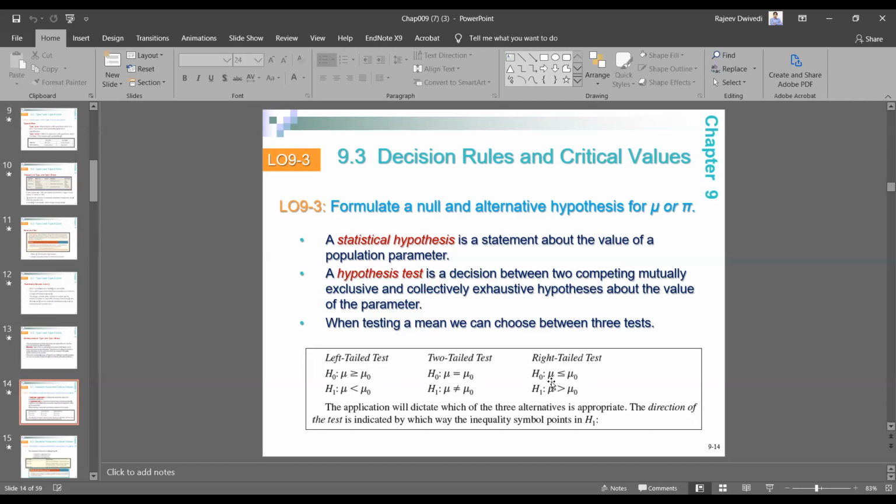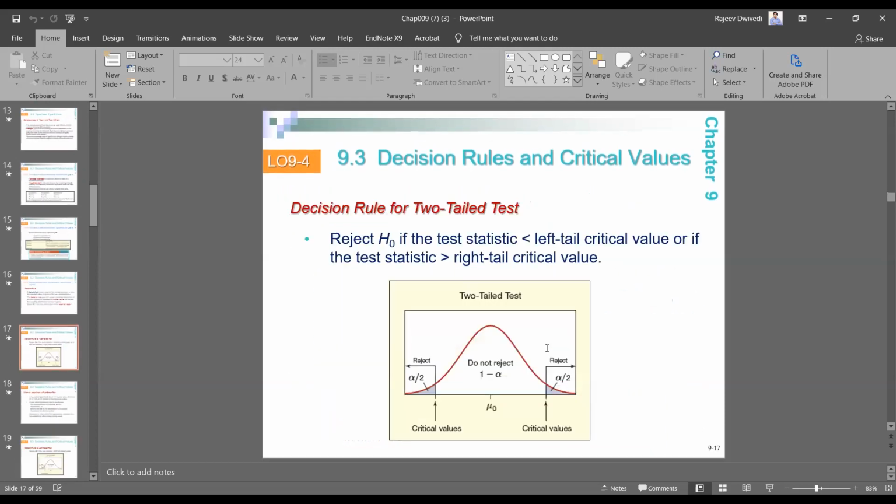And how do we apply? We are going to look into this. So here, this is a two-tailed test, for example. Let's say you are talking about a 90% confidence interval or 10% significance level. So what happened in this case? 5% is here, like we already learned, 5% is here. That means we have this 90% acceptance region. If our value comes in this region, we accept the null hypothesis.